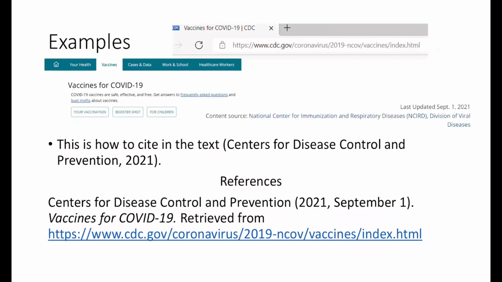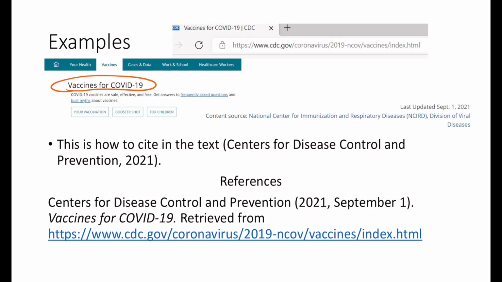Now, the last thing, and this is something that I'm sure is going to come up quite a bit, how to cite a website. So the way that we're going to do this is, first off, if you go to a website, look for the title of the website, the title of the article that you're looking for, and that's going to be one of the things you want to identify. Second thing you're going to want to identify is, where did this come from? Who wrote it? Now, like I said, in this case, there's no author listed.